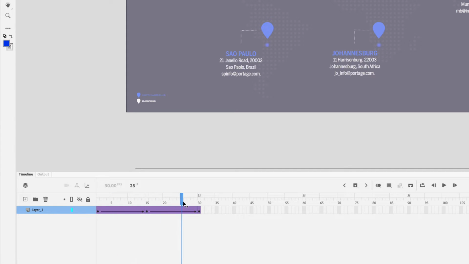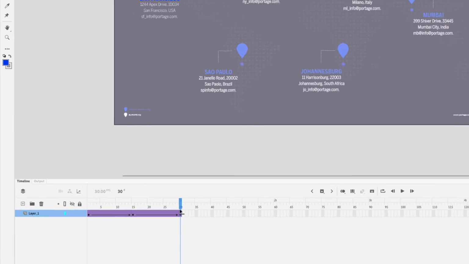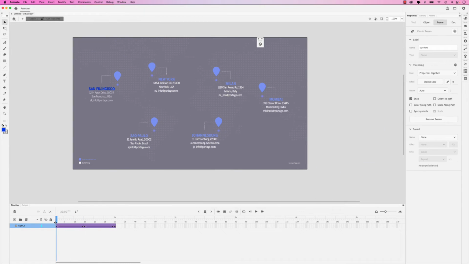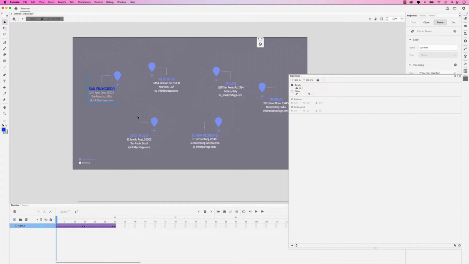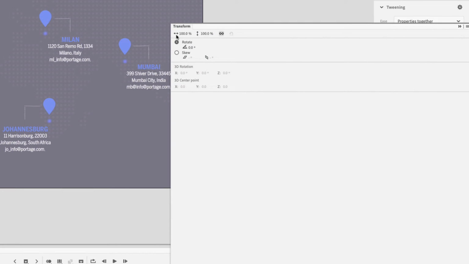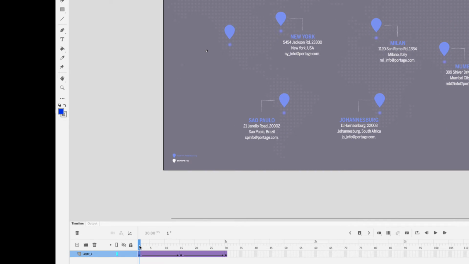Now I want to add an animation here where it zooms in and then zooms back out. So I'm going to put my playhead at the first frame, and for this we'll need the transform window, and to access that, go to Window and Transform. I already have mine open here and it's docked on the right side. And basically what I want to do is change the scale width and the height to 0. So I'm going to press 0, and you can see if I move the playhead here, it zooms in,